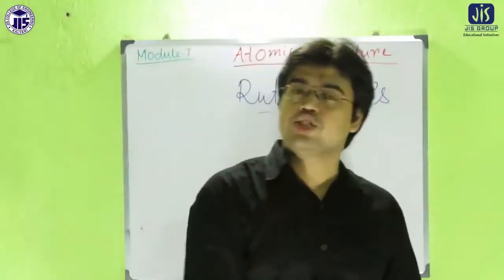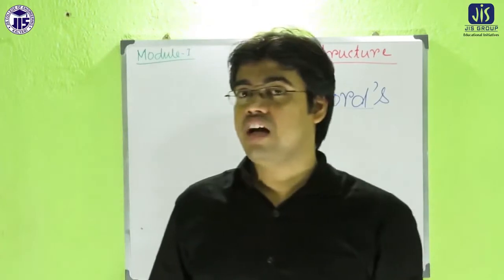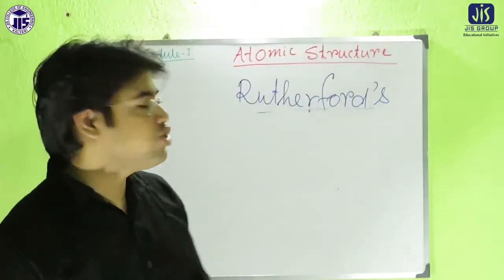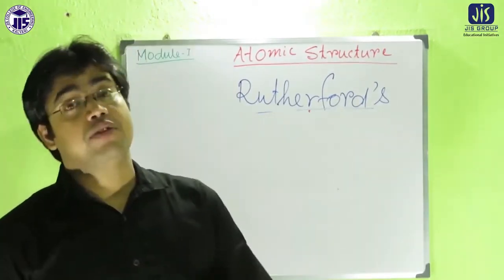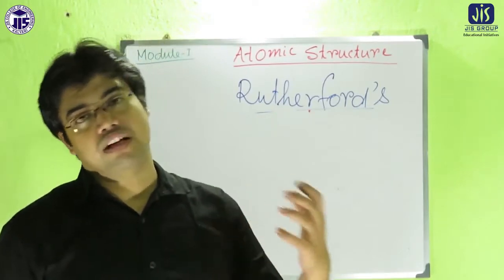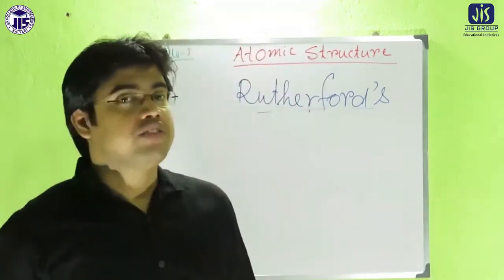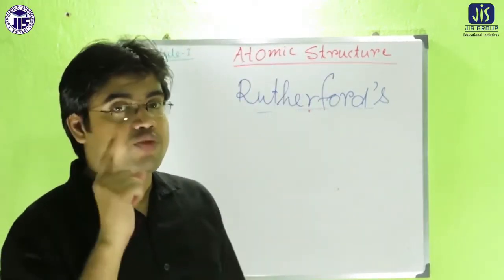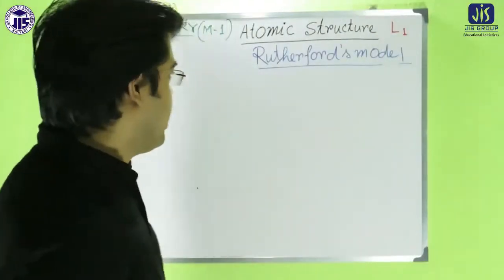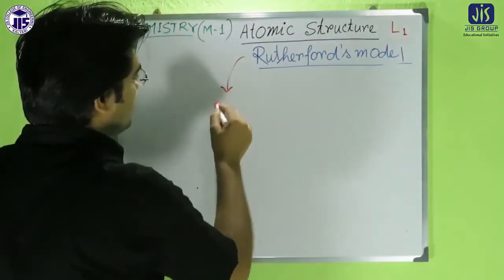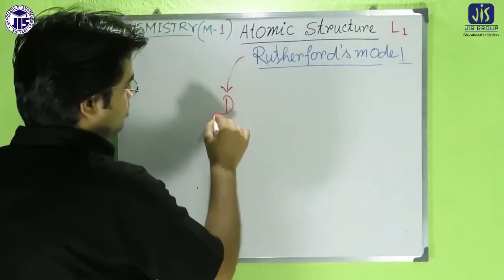There are some advantages of Rutherford's model. First of all, Rutherford's model first explained the existence of the nucleus, and it was a more realistic model. Previously, before Rutherford, the model that existed did not give satisfactory results to scientists. But Rutherford's model also suffers from serious limitations. Now come to the point: what are the drawbacks of Rutherford's model? It is not free from limitations. There are very crucial drawbacks regarding